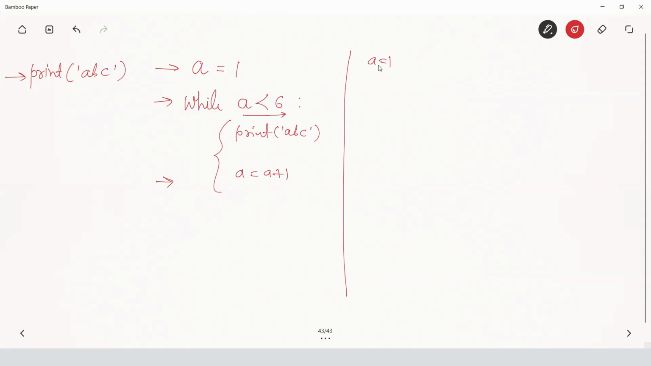So in A we have 1, while the value of A is smaller than 6, whether it is true or false. Let's see. 1 is smaller than 6, true. If true, it executes whatever is inside it. So first of all, print ABC, okay? Print ABC. And because we're using print, the cursor is in the next line because of end is equal